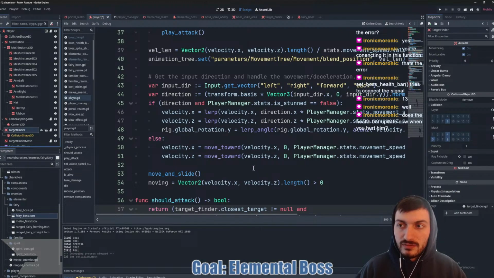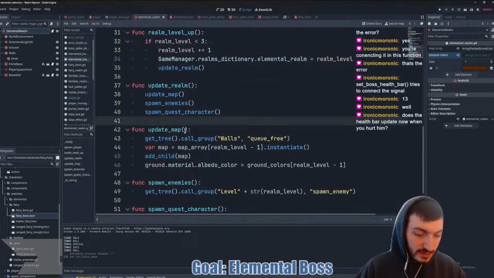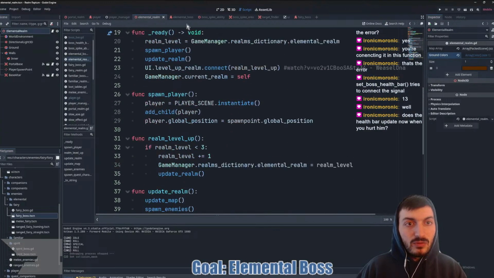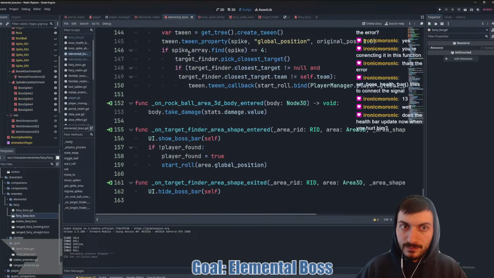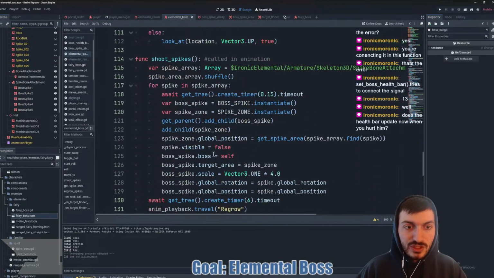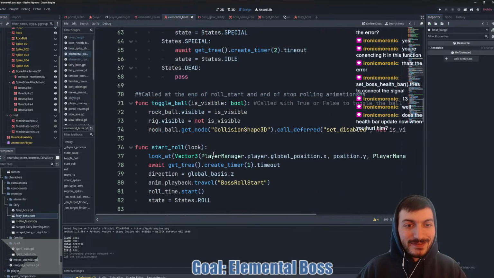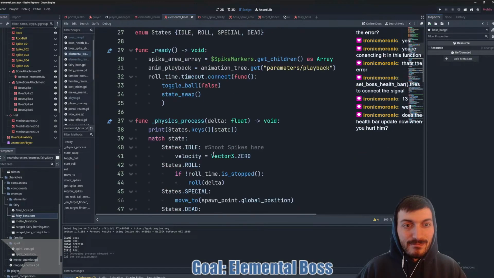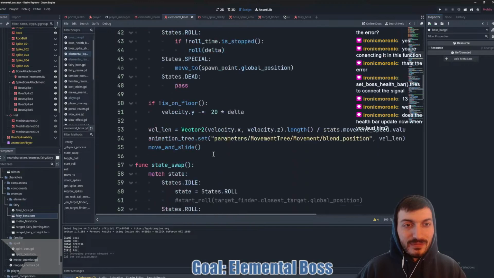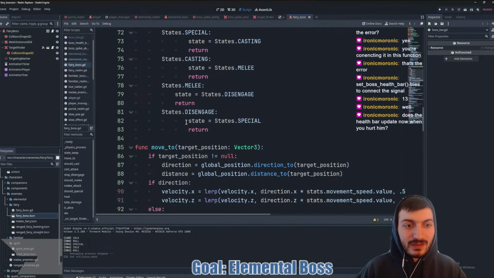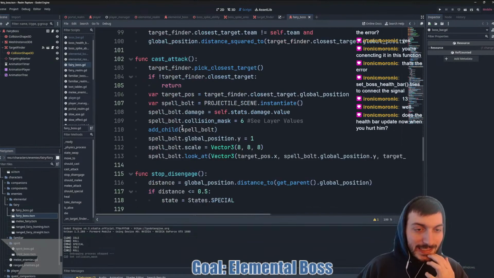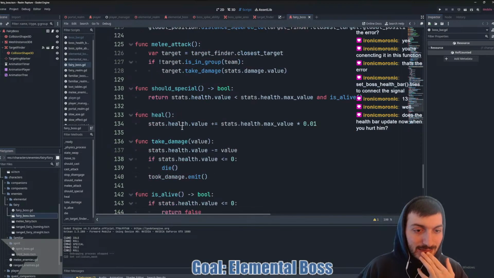And now we're about to find out if we can or cannot attack. Wait a sec, hold up. We didn't do a take damage yet. The boss actually can't take damage. Yeah, the boss can't take damage yet. Nor can it die or anything like that.